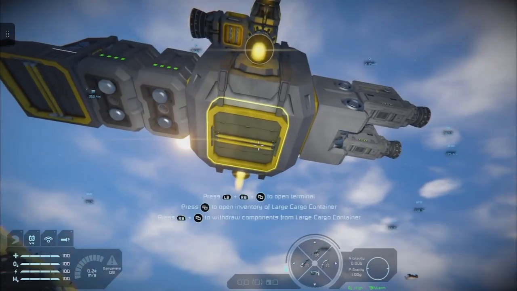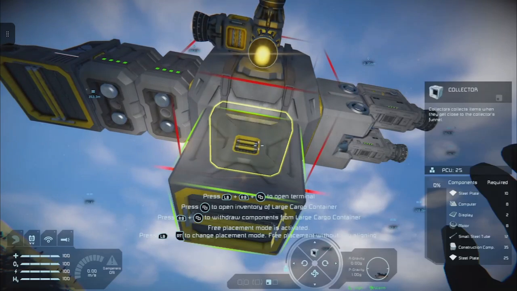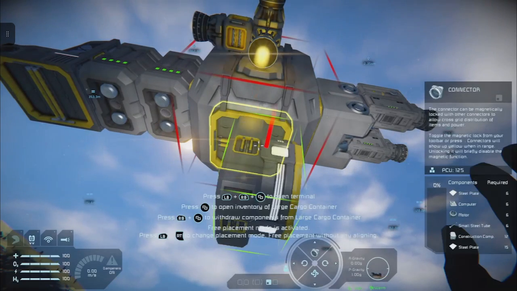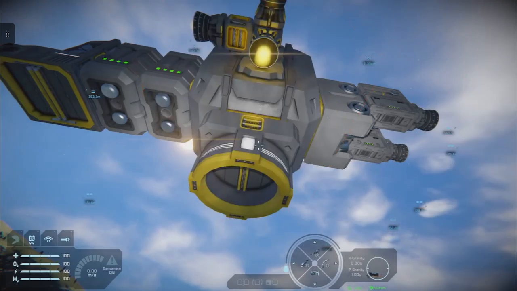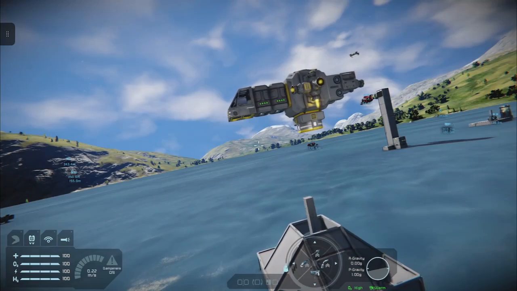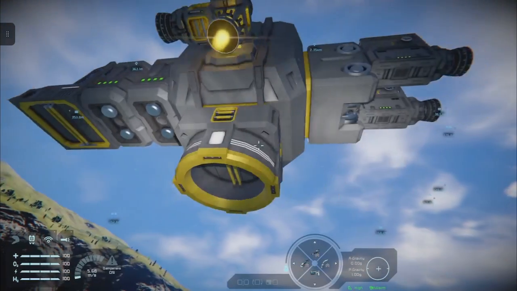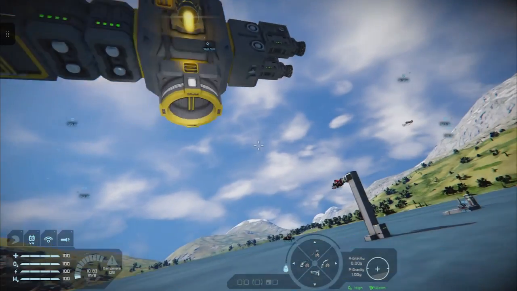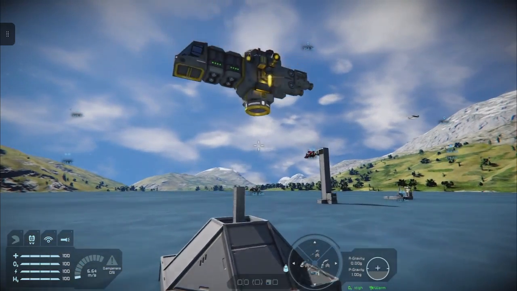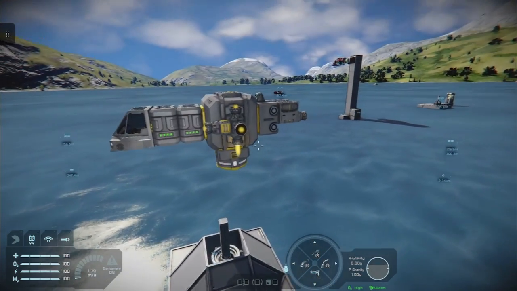And I say with this we can put a connector here at the bottom to ensure that we can actually land on a connector and just utilize it like that.